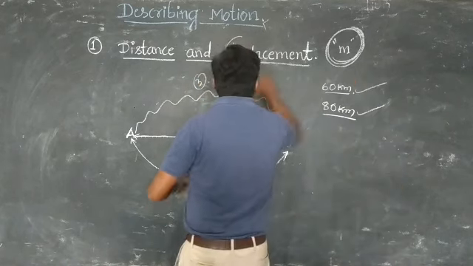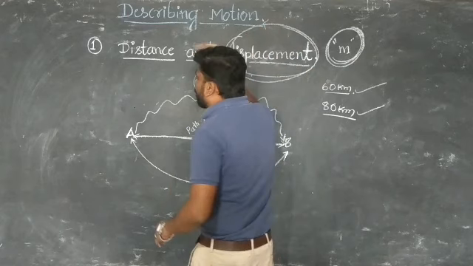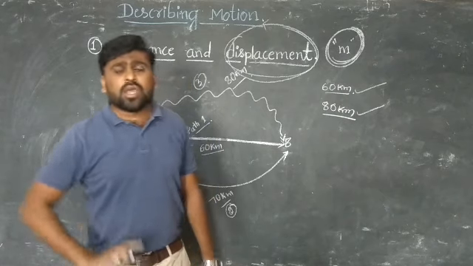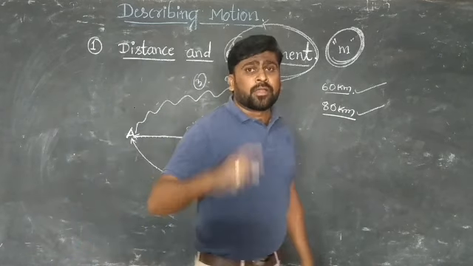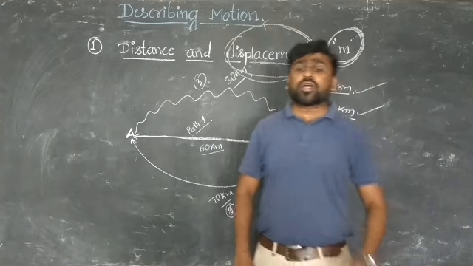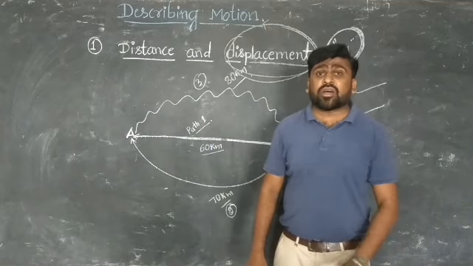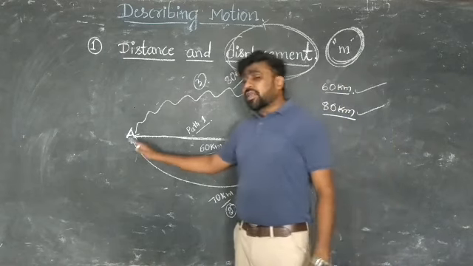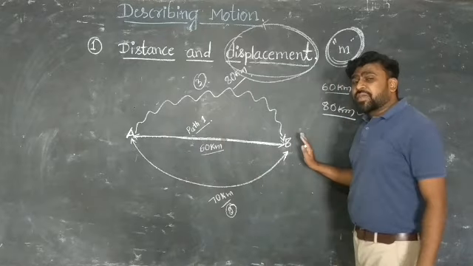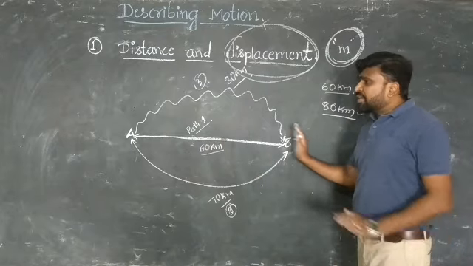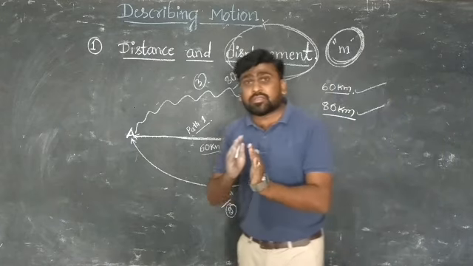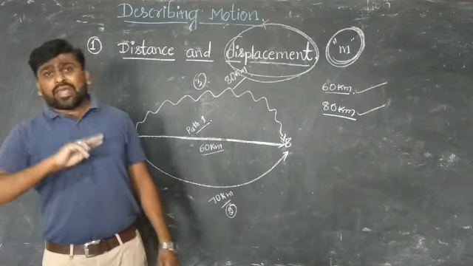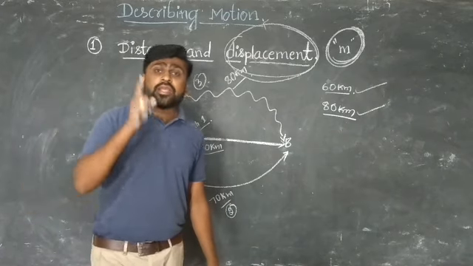Next comes displacement. Don't confuse the two. Both are very different concepts. That is distance, another one is displacement. The displacement is nothing but the shortest distance between the starting point and the ending point. Here the starting point is Kadur and the ending point is Shimoga. Understood? Whichever is shorter, the short distance between the two places A and B is called